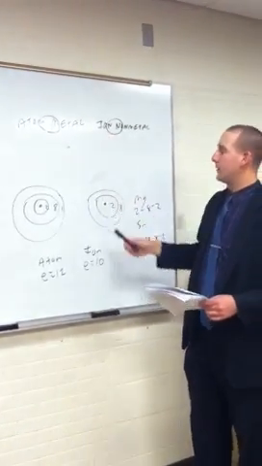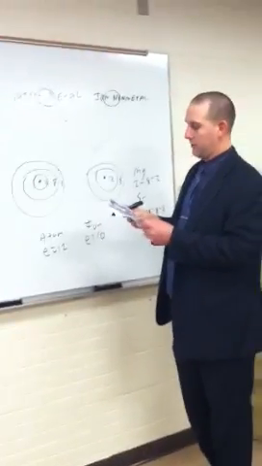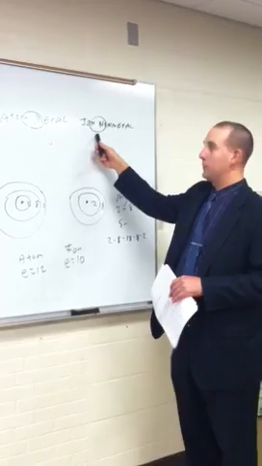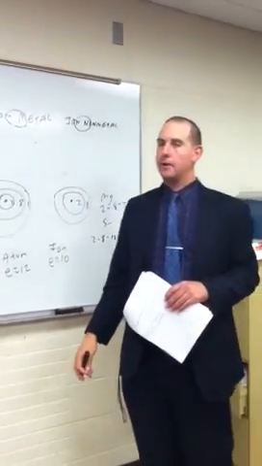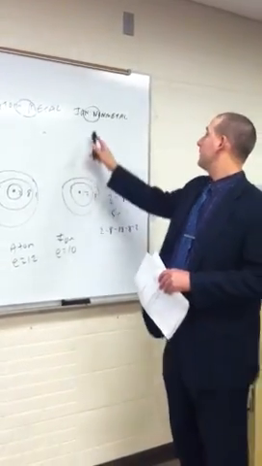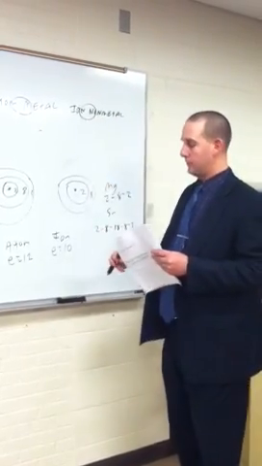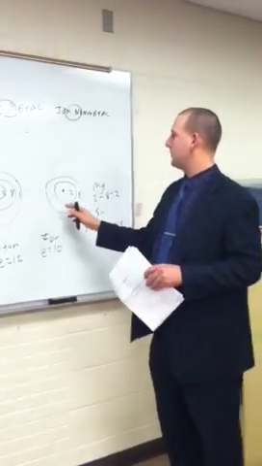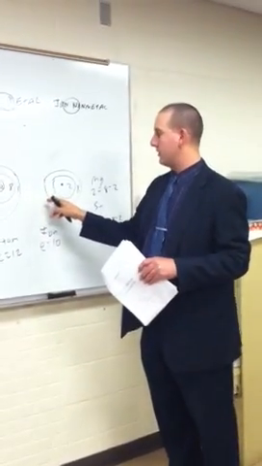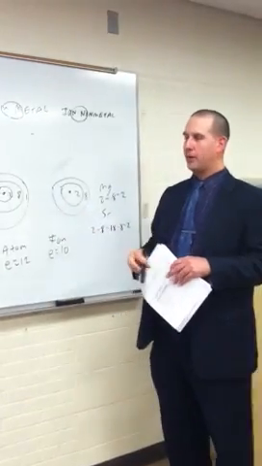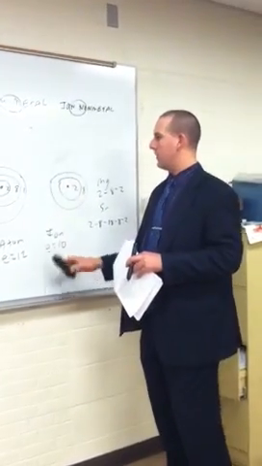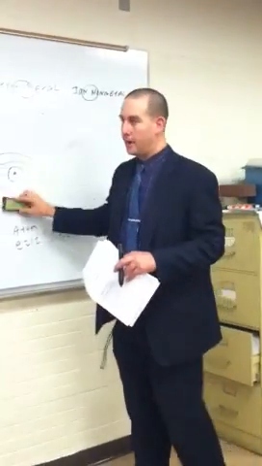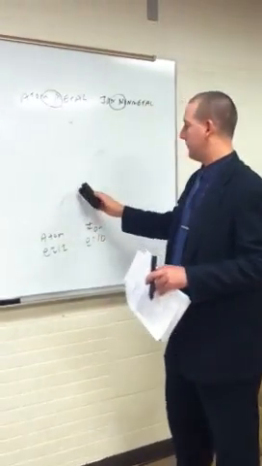So that's how you memorize nonmetals. Ion is larger than the atom. So number 3, you're going to write: in a nonmetal, the ion is larger than the atom. You put ion, nonmetal, circle the Ns to note that the nonmetal ion is bigger. However, even though it's bigger, it still has the same number of shells. Metals have different numbers of shells, because you lose a whole shell. In nonmetals, when you gain electrons, you still have the same number of shells. You just have more shielding. You're not going to be responsible to know why the ion in a nonmetal is bigger than the atom. But for metals, you definitely know the atom